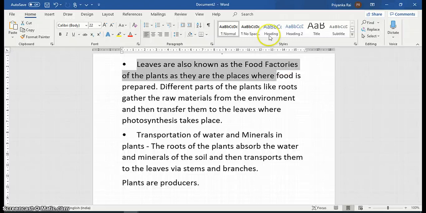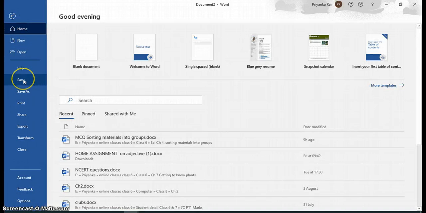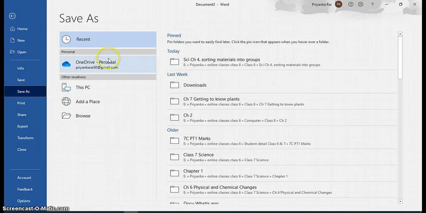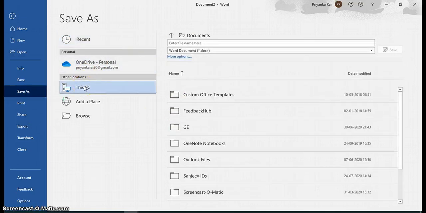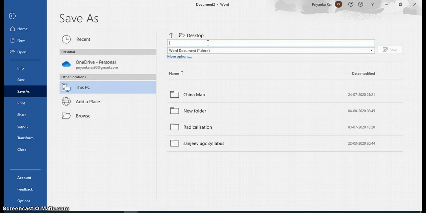Now saving a document. How can we save this document? So you have created a document, now you want to save it. There are different options. First, you will go to the file button and there are two options. You can click on save also, save as also. So for save as, you will specify a specific location like this PC, whatever the location is, the desktop, the C drive, E drive, D drive. So I am selecting the desktop and you have to enter the file name.